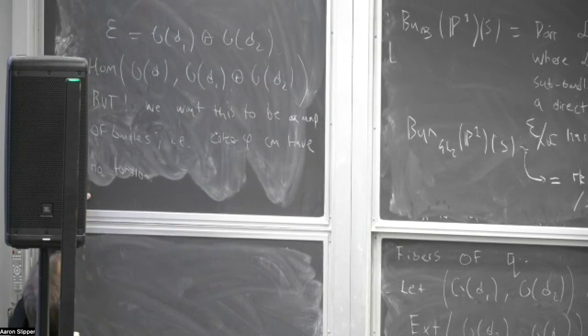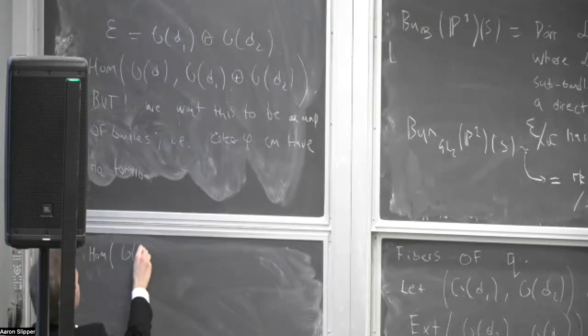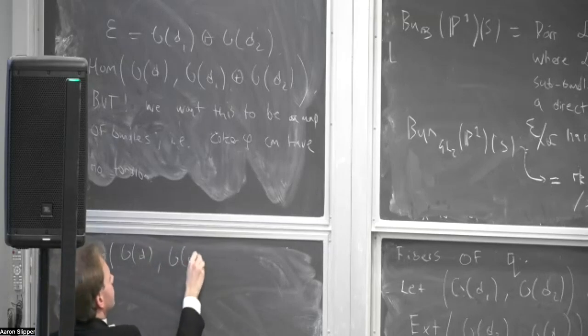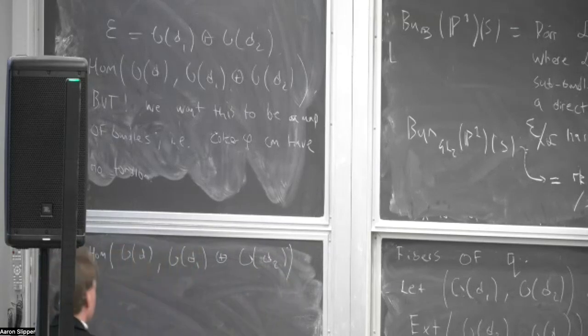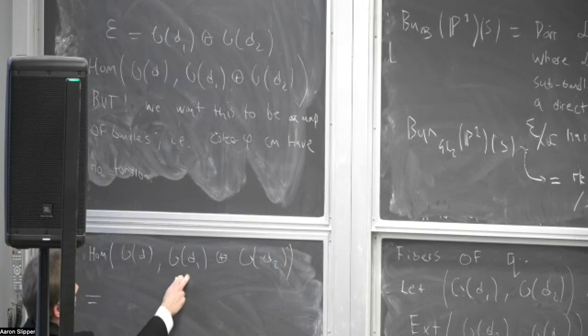So yes. What does that actually mean? That means that this Hom here, O(d) to O(d1) plus O(d2), is equal to the space of homogeneous polynomials